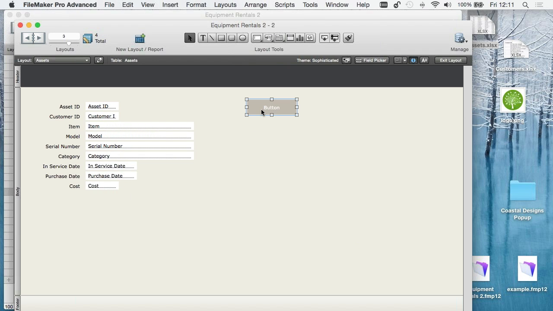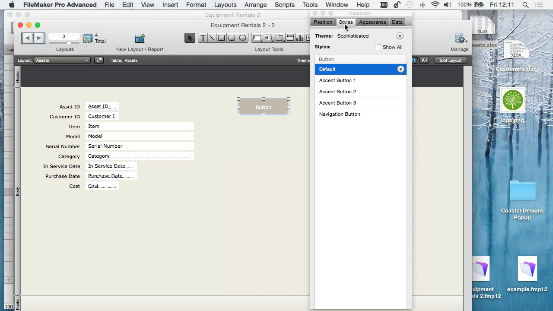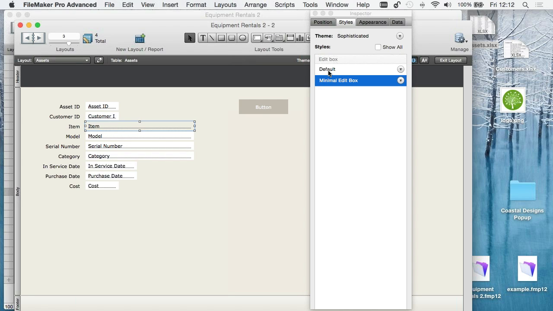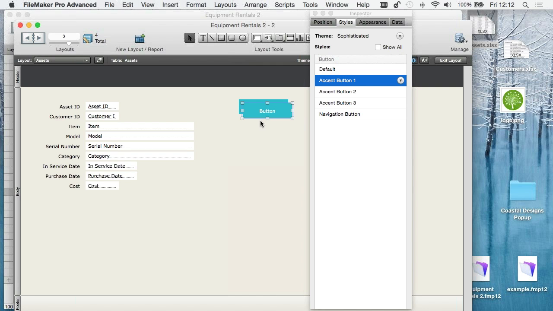So say you're building some buttons to run some scripts. We can bring up the inspector window. Just drag that along. And you can see in the styles part of the inspector window, we've got different styles for this object. If we select an edit box, we can see we've got two styles there and several more for the button. So we can see each style that we've given to you in that theme is slightly different colors. So of course, if we just create another button here,